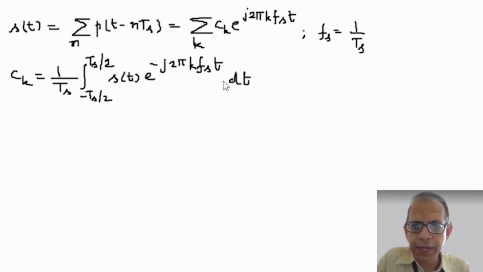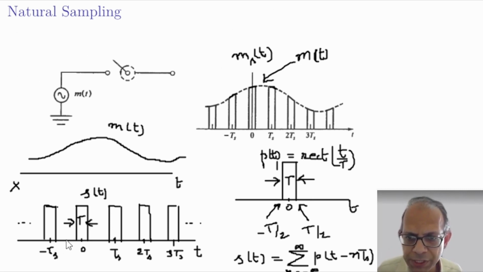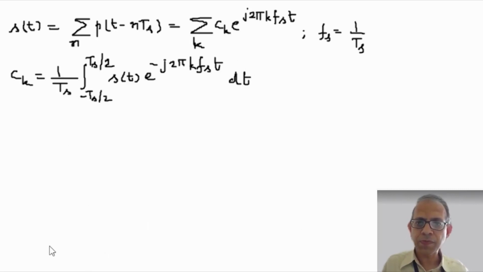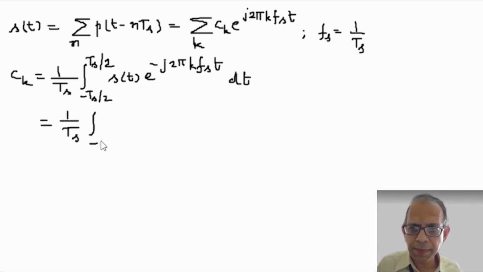Now note that in the interval minus Ts by 2 to plus Ts by 2, the signal s(t) is 1 in the interval from minus capital T by 2 to plus capital T by 2, and it is 0 otherwise, and therefore this can be written as 1 by Ts times the integration from minus capital T by 2 to plus capital T by 2, and in this interval s(t) is just 1, so it is 1 times e to the power minus j 2 pi k fs t